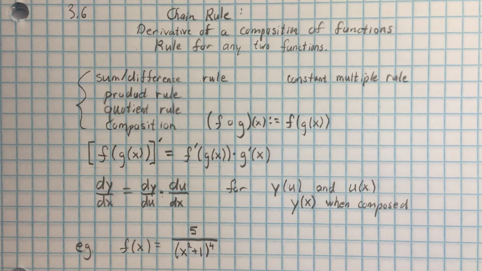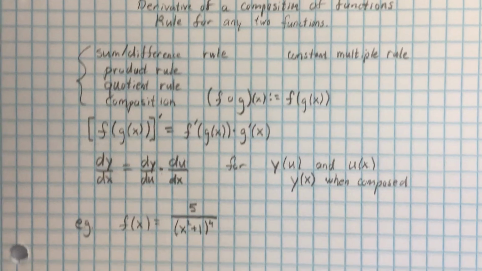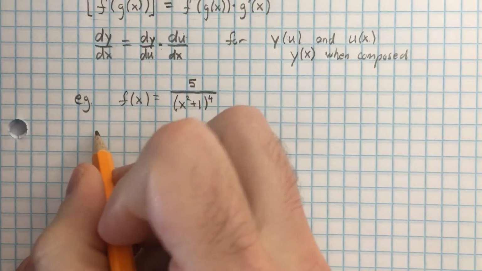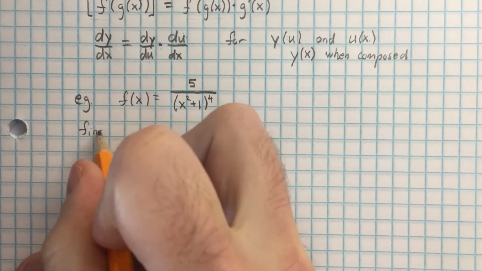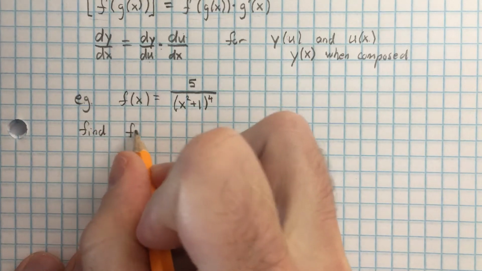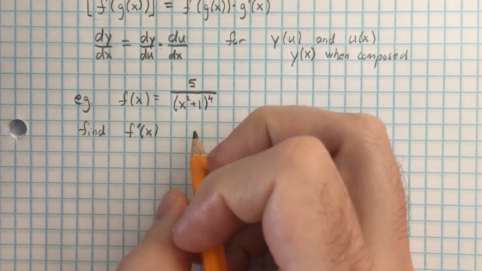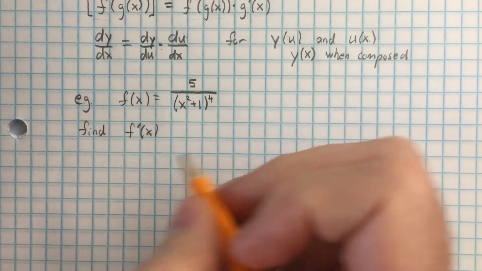Okay. So using the Leibniz notation, if we want to find f prime of x, well, I could view this as being